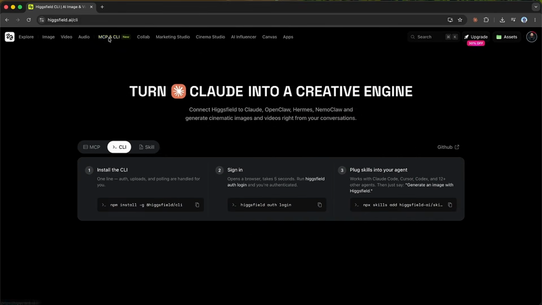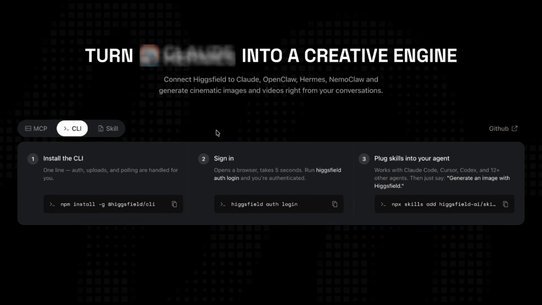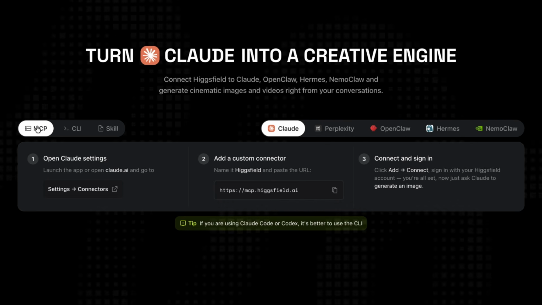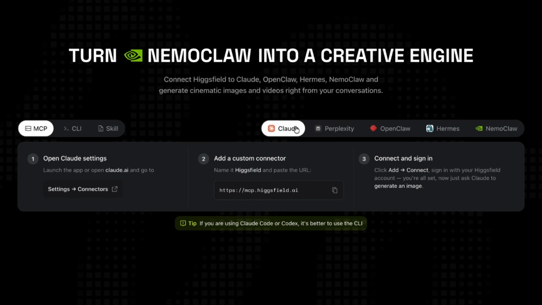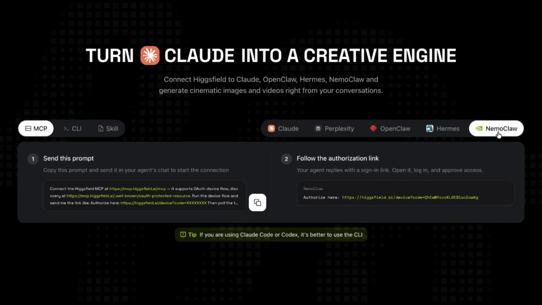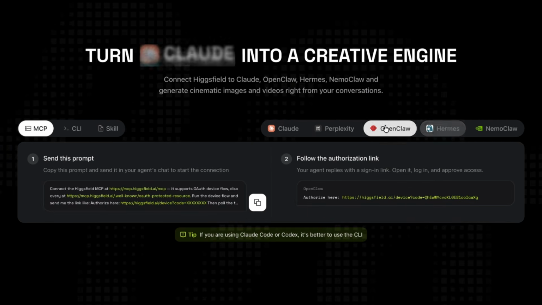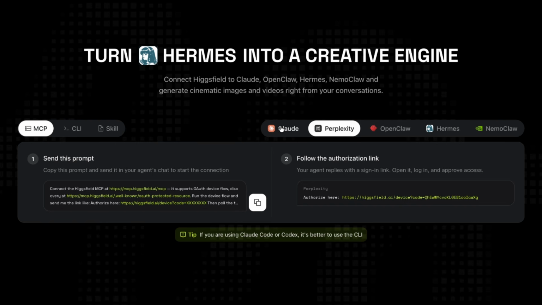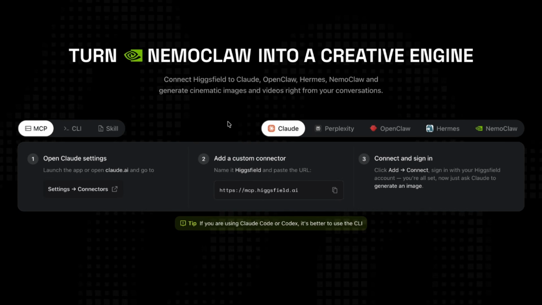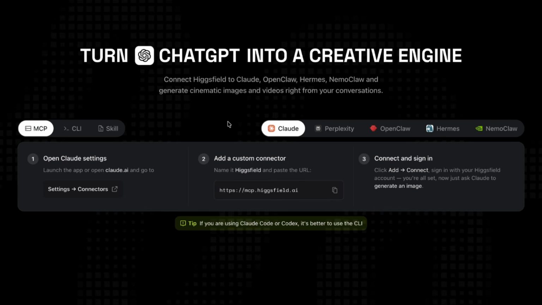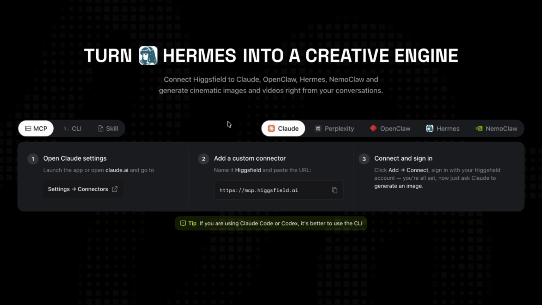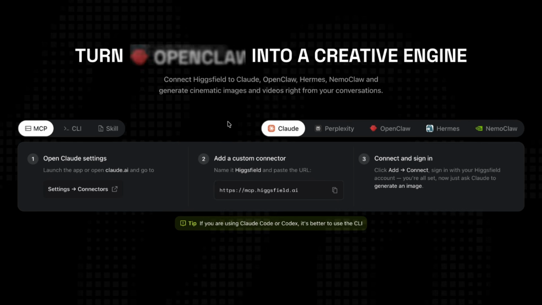Thanks to Higgsfield's MCP and CLI functionality, we can connect Higgsfield to different agent-based workflows and creative assistants, including tools like Claude, Claude Code, OpenClaw, Hermes, and other supported environments. This means the workflow doesn't have to stay limited to the main Higgsfield interface. We can generate, iterate, and control creative tasks connected through agents, which makes the process more flexible and much more productive. We'll touch on this later in the video as part of the full workflow, but the main focus here